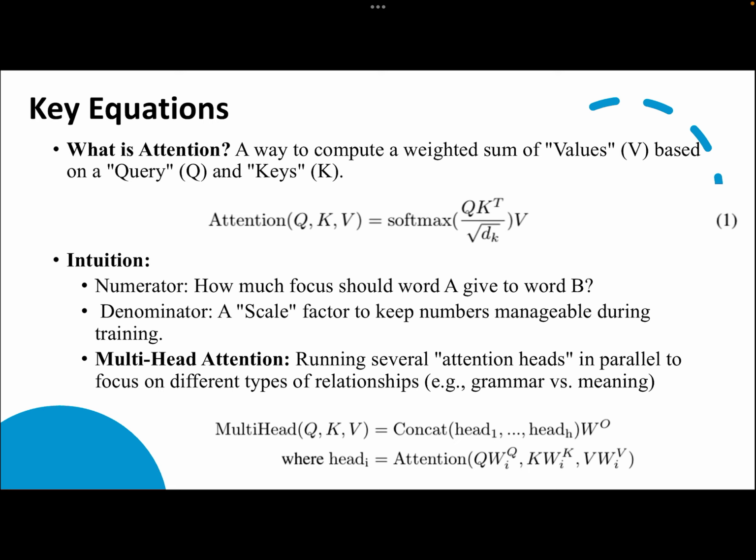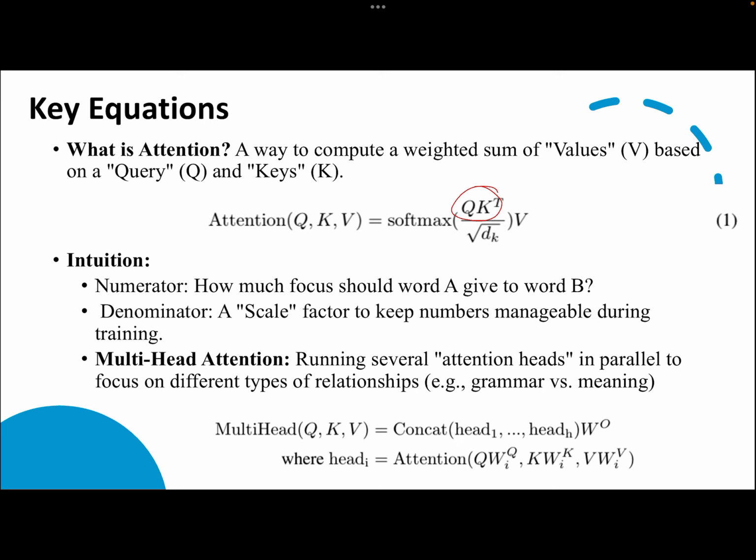So as we have seen, each word is represented using three vectors: query, key, and value. The query represents what the word is looking for. So query is basically like a question. And the key represents what information a word contains, and the value represents the actual content. So the model compares the query of one word with the key of all other words. As we can see here,